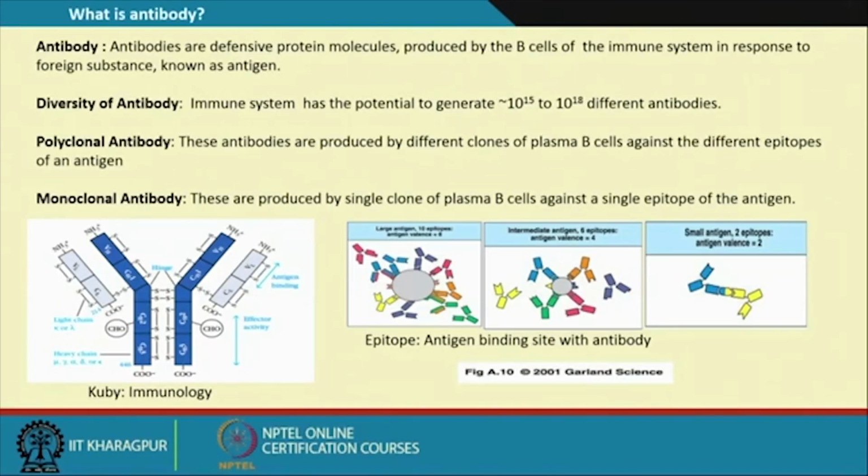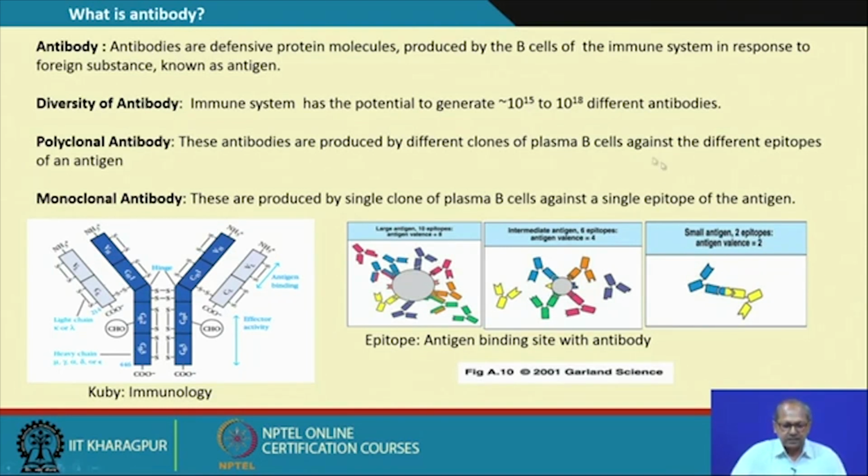So, antibodies are defensive molecules produced by the B cells in the immune system in response to a foreign substance known as an antigen. Say, if you take an example, this is an antigen, it has several epitopes, and B cells in our body recognize most of the epitopes as antigen fragments, then the B cell differentiates to plasma cells, and then it produces